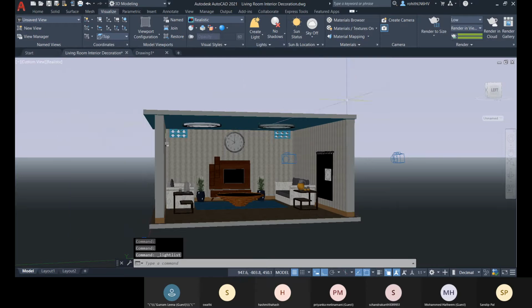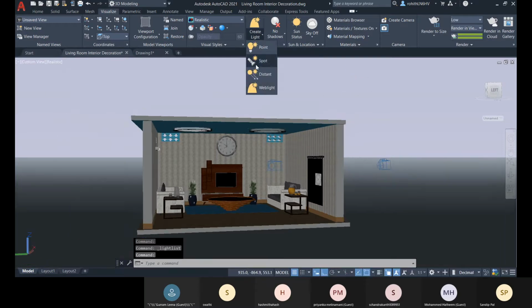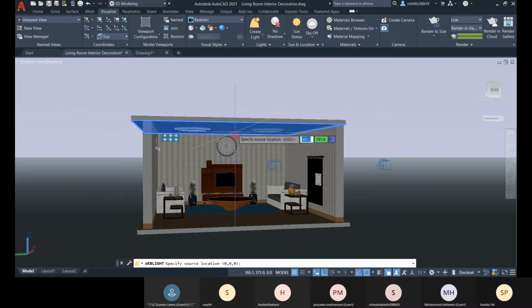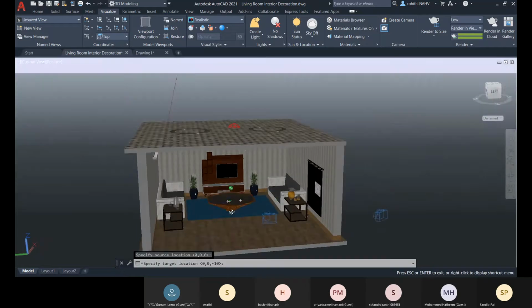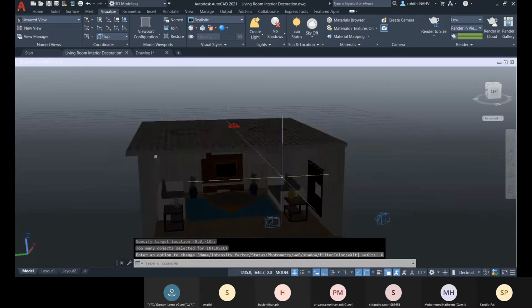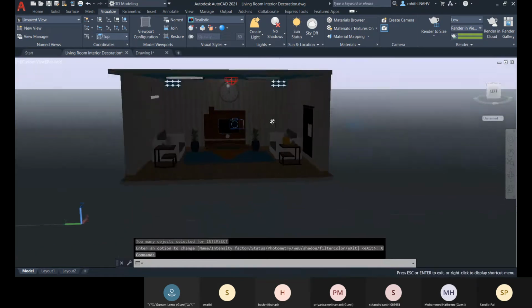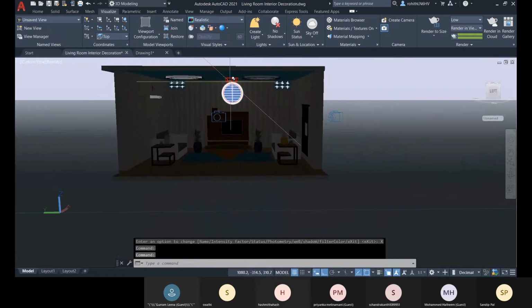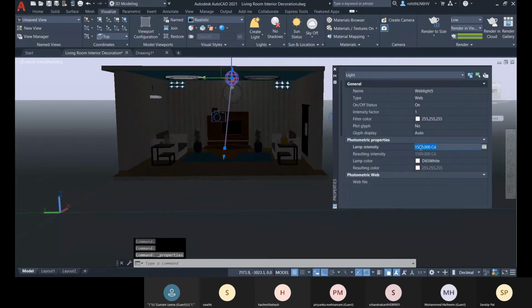Okay, so let me go for this web light now, and let me place it here, and the direction will be this direction. Let me go for exit. And about the intensity, I will change the intensity. Let me go for Control 1, and there let me go for 3000. Let me enter, or let me give more.